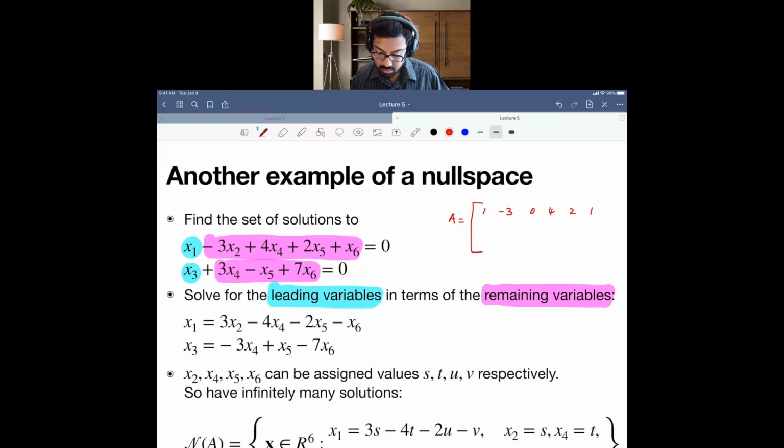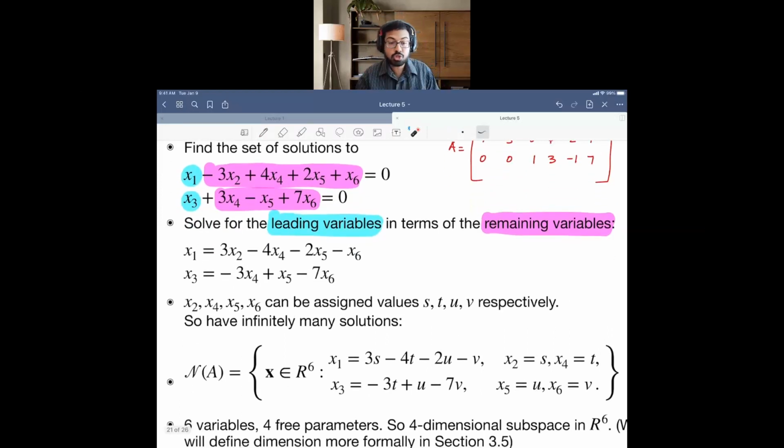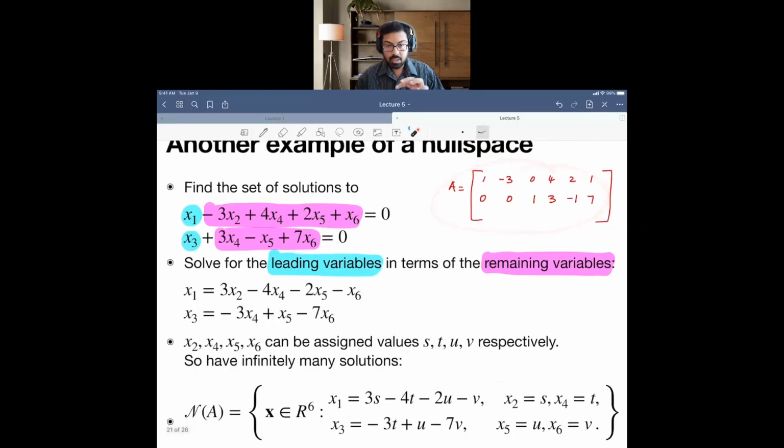X3. So I've got 0 here, 0 here, 1 here for x3. And then 3 and -1 and 7 here, right? So the coefficient matrix, after I reduced, is looking like this. It may have some other rows here as well, but the solution to that, right? So if this is my coefficient matrix, all the solutions are going to belong to